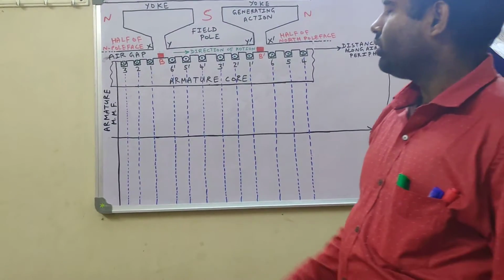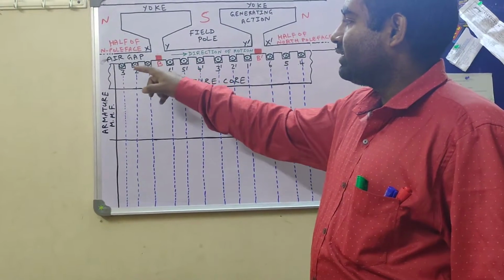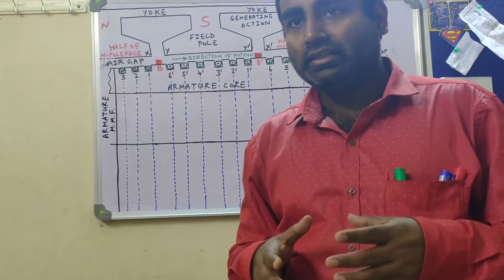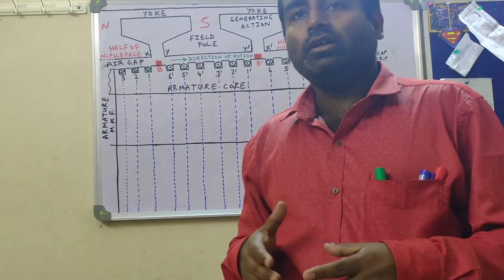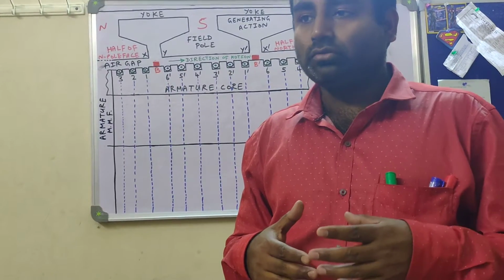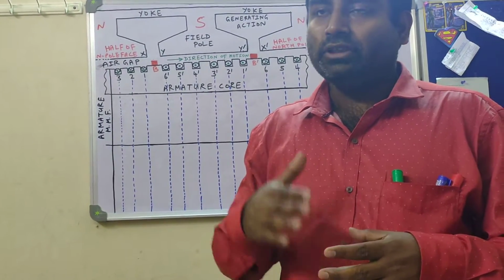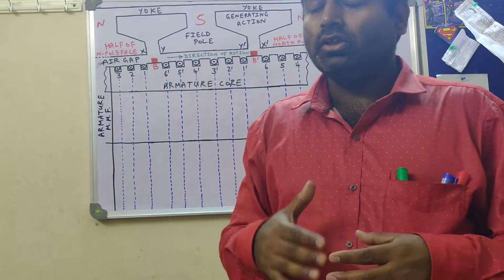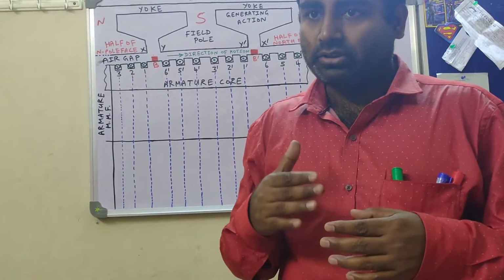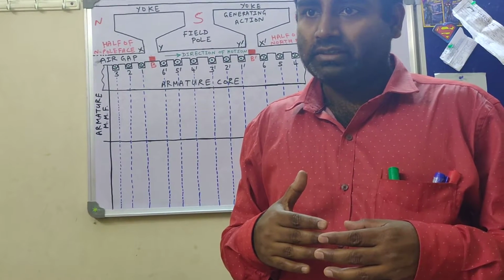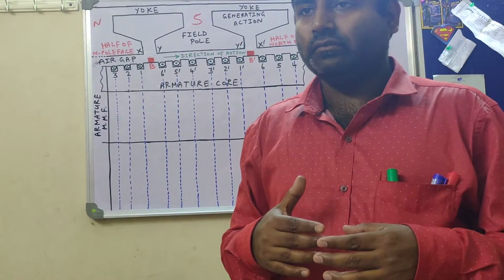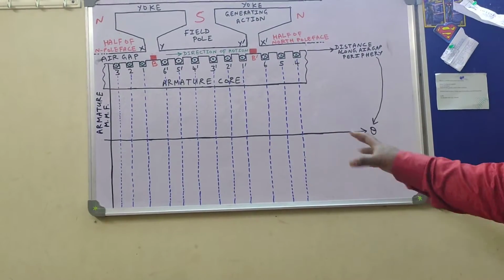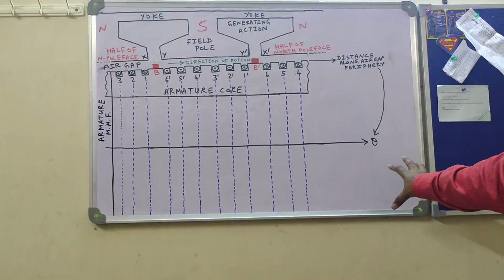What you can correlate is that I have said that we have to take the developed view by imagining that we are cutting the armature core at some point. Now how to determine at which point of the armature core we should cut? We should cut at that part of the armature core where armature flux is neither entering nor leaving the armature core.